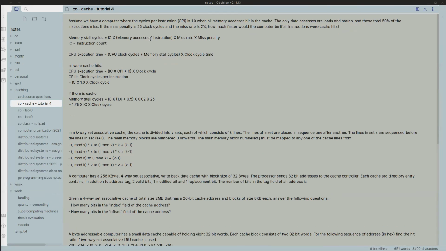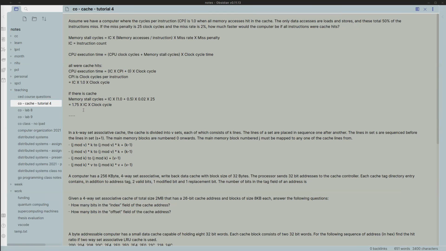So now if I have to find out the performance ratio, with a cache, how fast is it? If I compare with no cache misses, I have to just take the CPU execution time with cache divided by the CPU execution time without misses. So it's around 1.75 times. So with no cache misses, it's 1.75 times faster. Okay. Is this okay? Yes, sir. See this, if there is a cache, it's 1.75 times slower. Either way you look at it, it's the same.